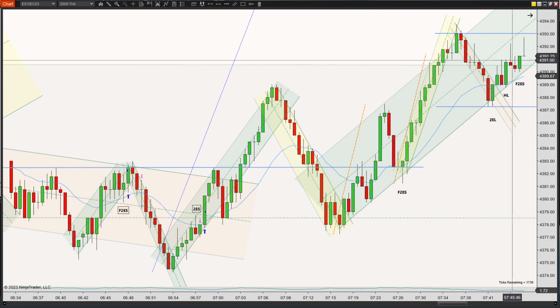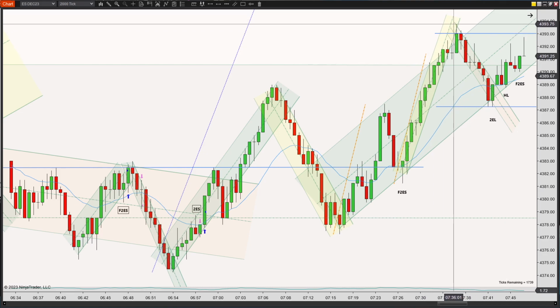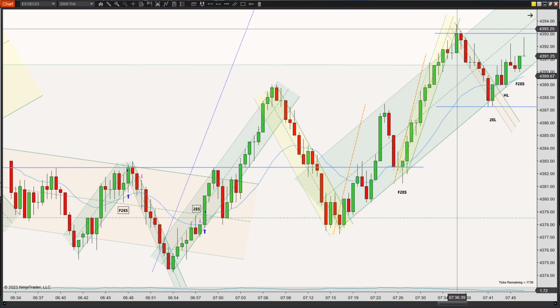The problem is if you go on a long entry, you're running into a possible resistance of this previous high. On top of that, possible resistance of the